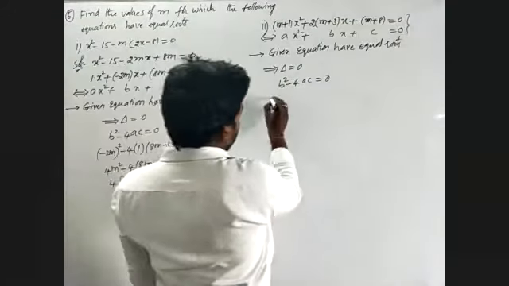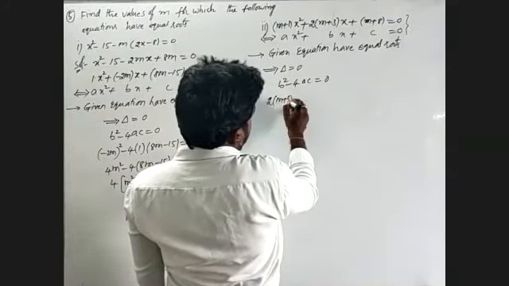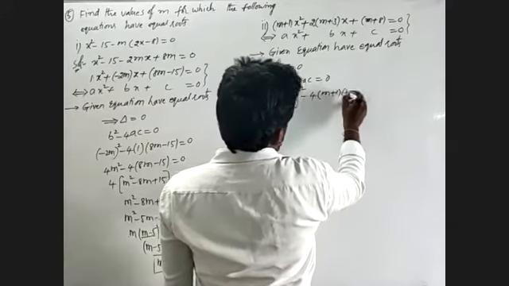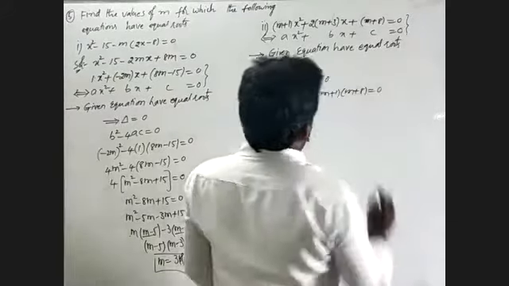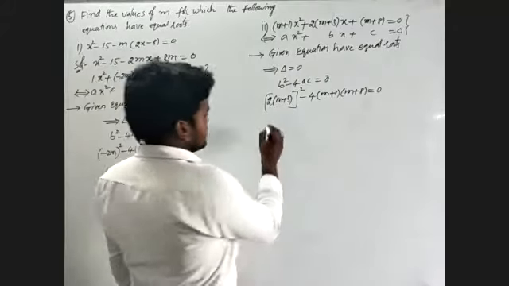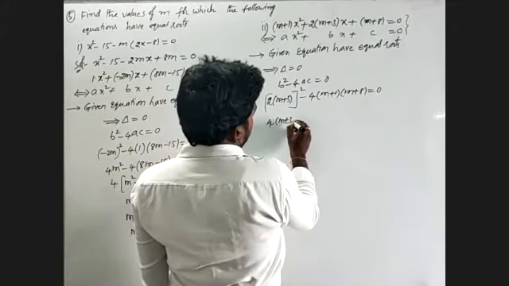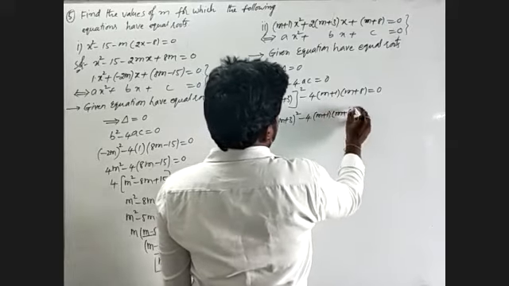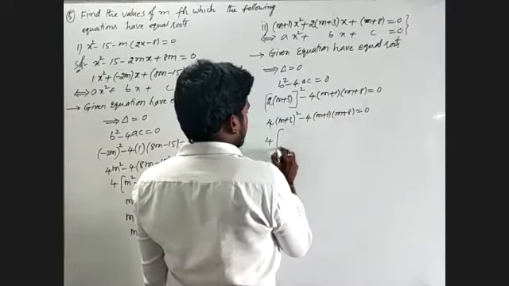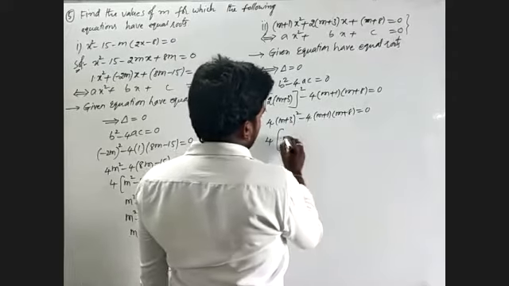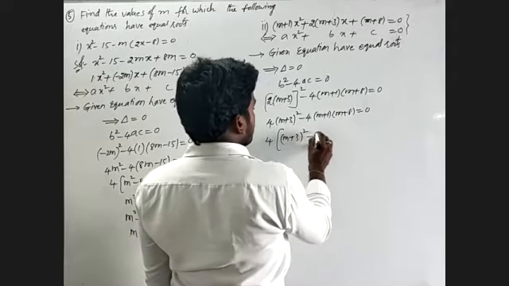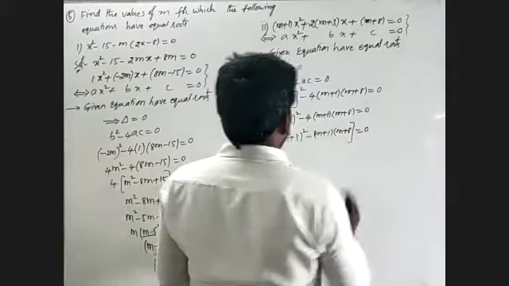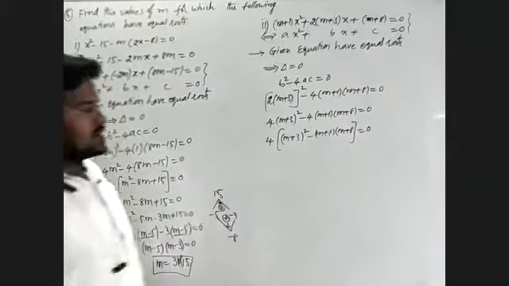What about the value of b? 2 into (m plus 3) whole square minus 4 into (m plus 1) into (m plus 8) will become 0. Okay, 2 square will be written as 4 into (m plus 3) whole square minus 4 into (m plus 1) into (m plus 8) is equal to 0. I will take 4 common. Okay, I have to expand this one. I will write (m plus 3) whole square minus (m plus 1) into (m plus 8) is equal to 0. 4 will go to this side, that I will write 0 divided by any value is 0.